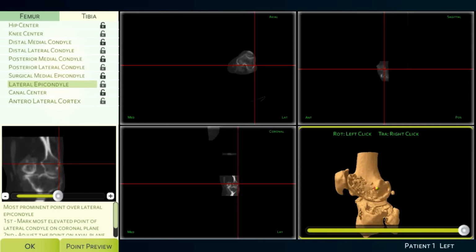Here, similar to the surgical medial epicondyle, a single point with a haloed circle is shown to represent this landmark. The size of the circle can be increased or decreased using the plus or the minus keys on the keyboard. The haloed circle is provided to help correlate the lateral epicondyle with the center of rotation of the lateral condyle